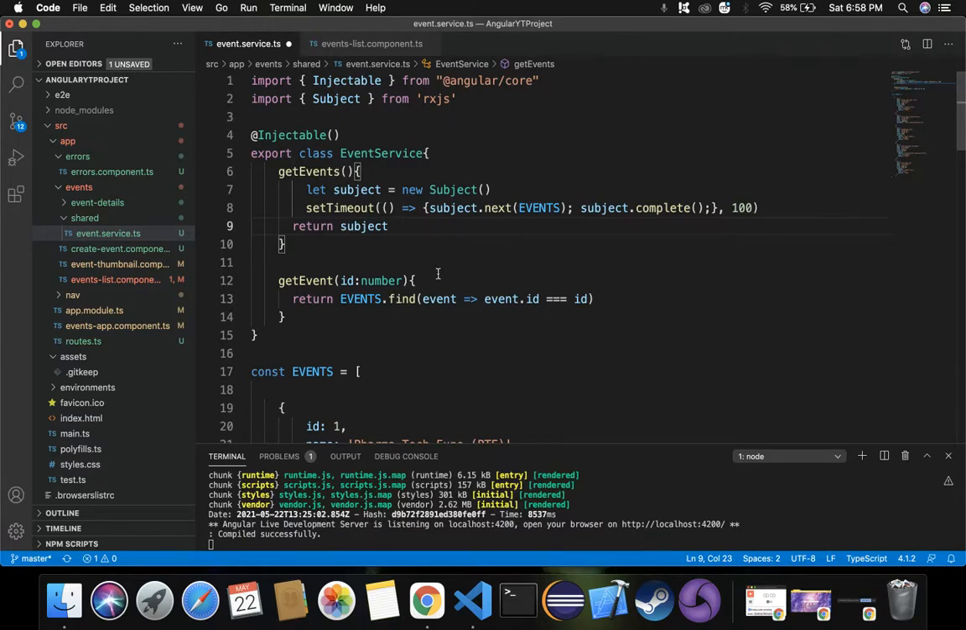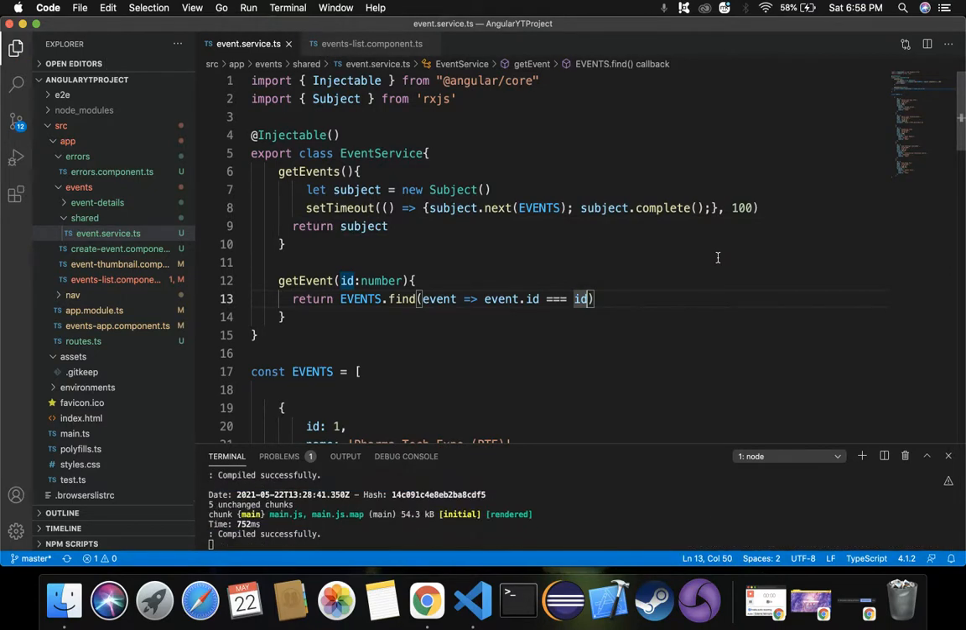Observable we have declared over here, subject. To make use of this observable, whenever we are making use of an observable, we have to subscribe to it. That is called the observer, right? So we have to subscribe to this observable. So let's save these changes, and inside events-list component.ts,